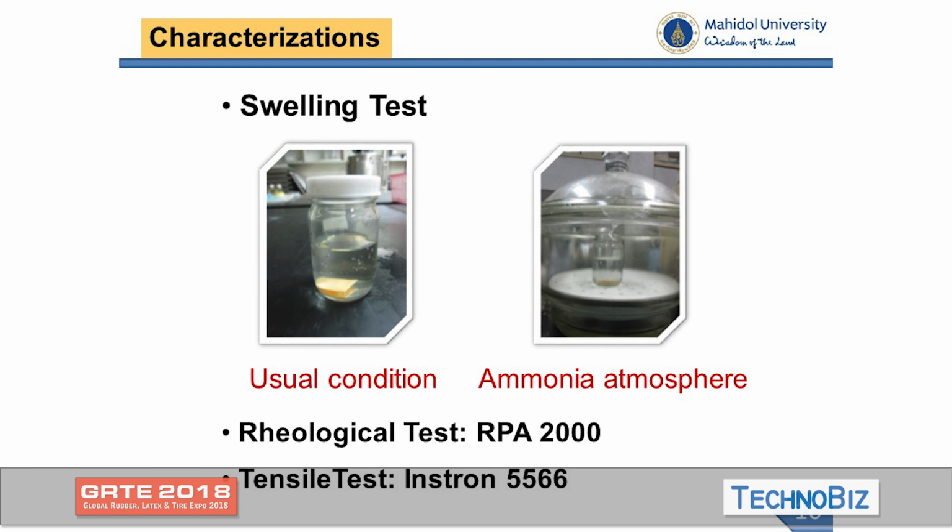And for the characterization, the swelling test was utilized in order to investigate the magnitude of the crosslink, or the crosslink density. The crosslink density was measured under usual condition and under ammonia atmosphere. It is known that the measurement of the swelling test under the ammonia atmosphere is capable of breaking down the network of the